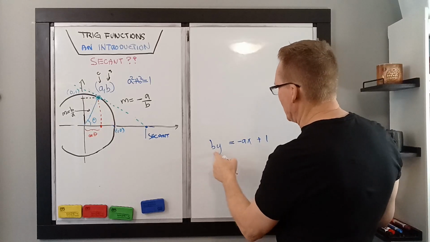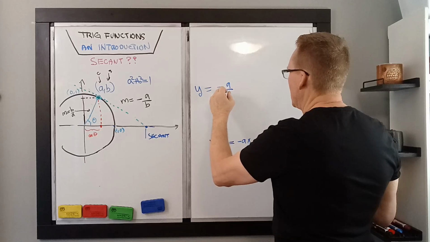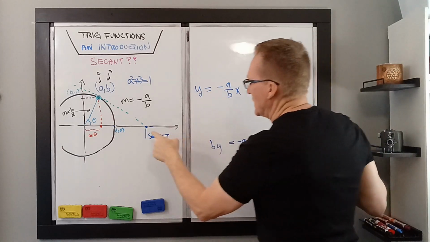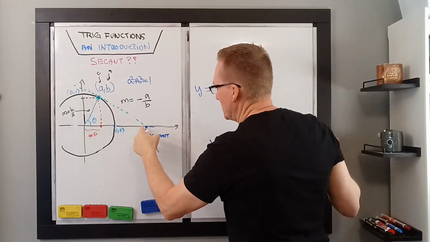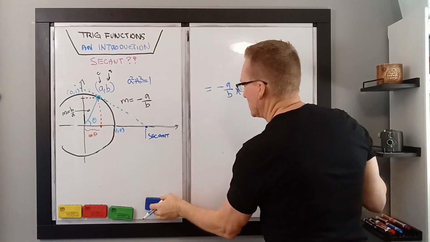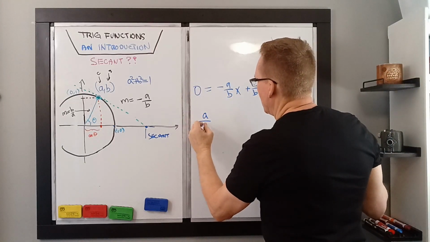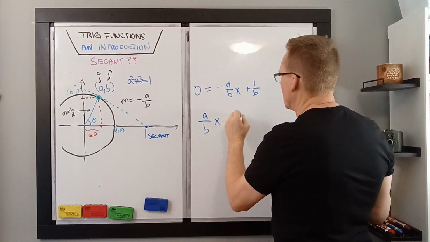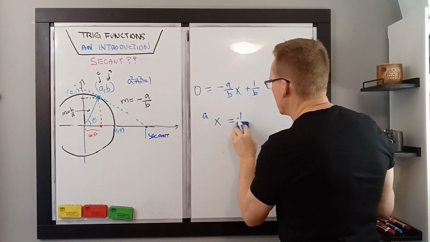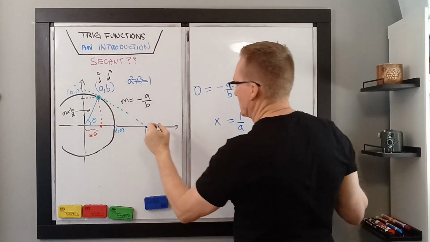Now divide both sides by b, and we get y is equal to negative a over b x plus 1 over b. I want the value of x when y is equal to 0. So I want how far x is here. So I will just make this equal to 0, like that. Since I have a negative over here, I'll move that to the other side. a over b times x is equal to 1 over b. Multiply both sides by b, and I get this. Divide both sides by a, and I get that. So x here is equal to